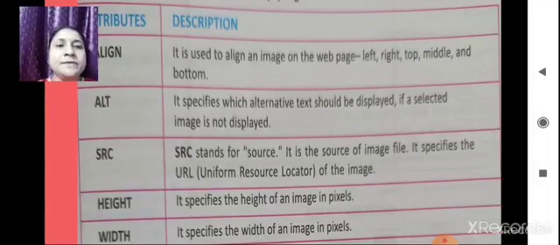Then height means the height of your image, and width means the width of your image. These are in pixels. So all these 5 attributes will be there in an image when you add an image in an HTML web page. Got it?